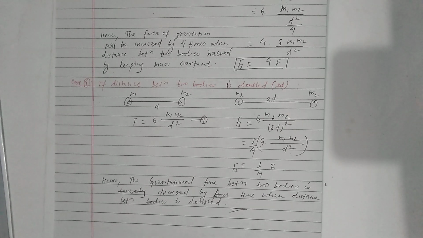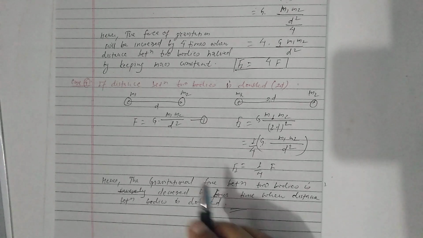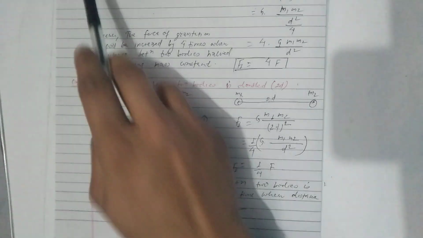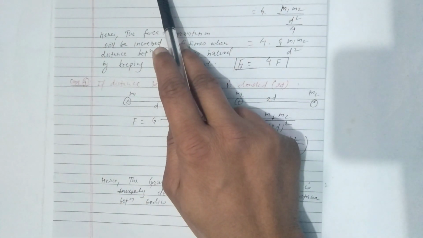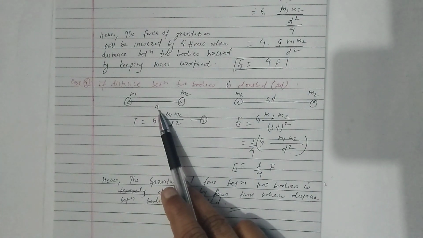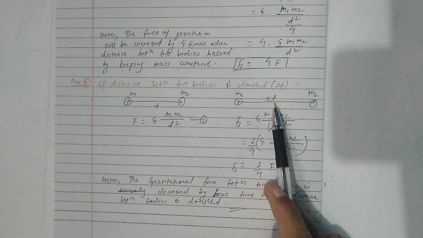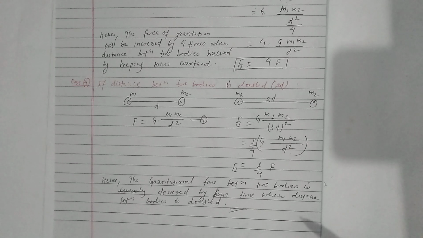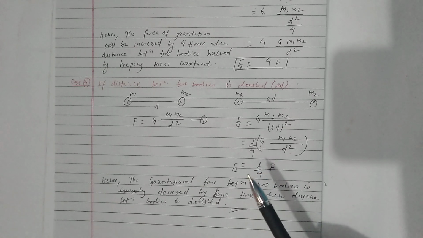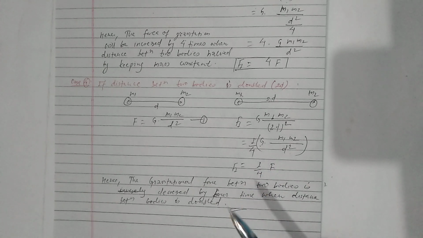When we change the mass of the bodies, we get double for a single mass in the first case, in the second case we get both masses double, in the third case we just change the distance to half, and in the fourth case we just change the distance to double, that is 2d. So these are the 4 cases where the new force changes according to the masses and distance changes respectively.